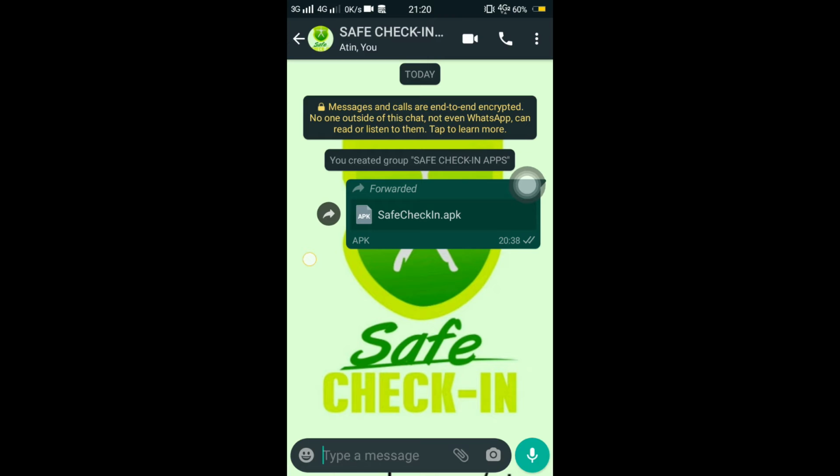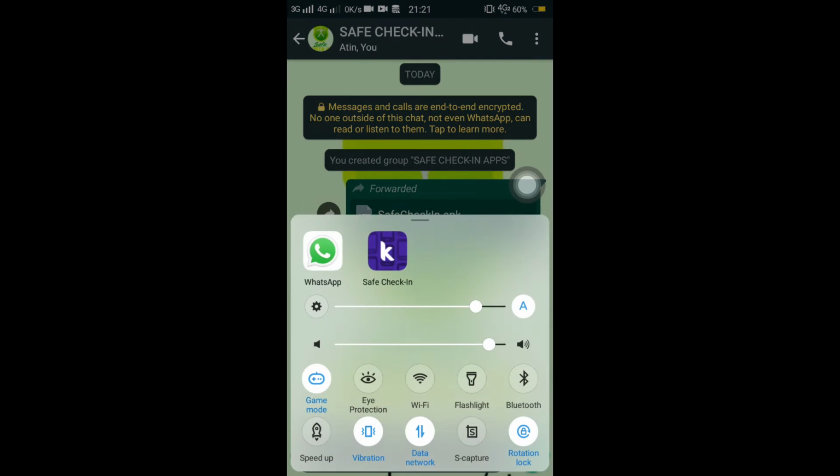So, our application is for Android users only. The user needs to install the file given from our group, which, as you can see on the screen, is the self check-in APK file. So, you need to download this file first. After the application is installed on the Android mobile phone, the user can see the application on their phone screen. The name of the application is